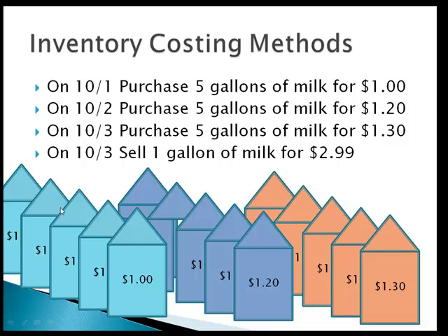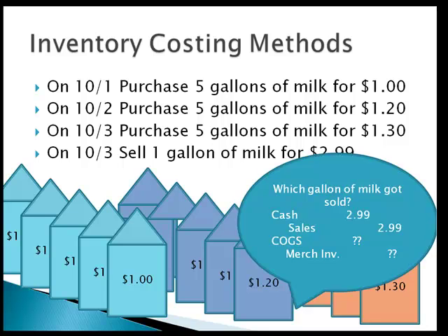Now these are all the same type of gallons of milk. The expiration may be different, but the customer cannot distinguish between the first gallon, the second set of gallons, or the third set of gallons. There are no markings other than the expiration date on these gallons of milk. If I were to put these through a scanner, there would be no different barcodes on any of these 3 types of milk. Okay, on October 3rd, if we sell 1 gallon of milk for $2.99,